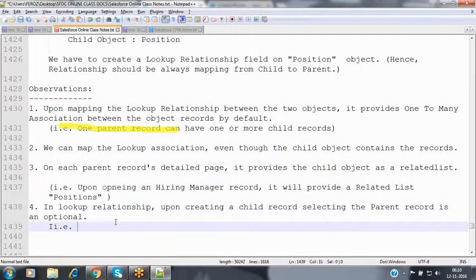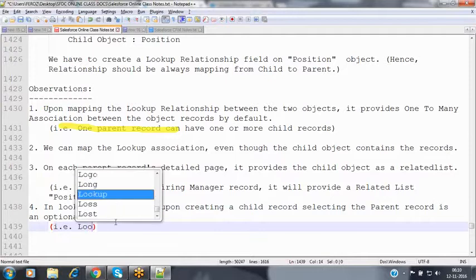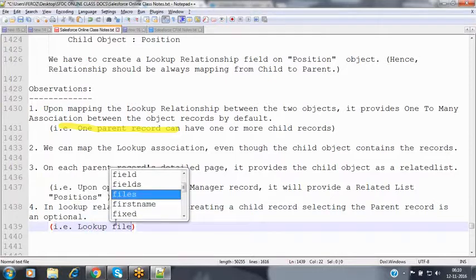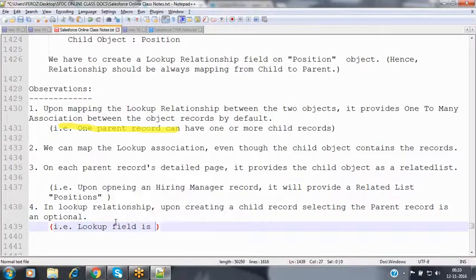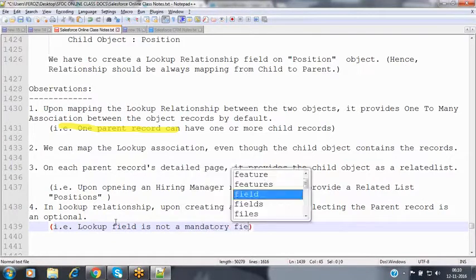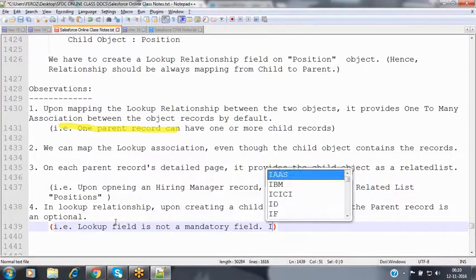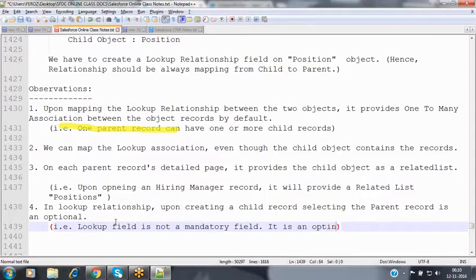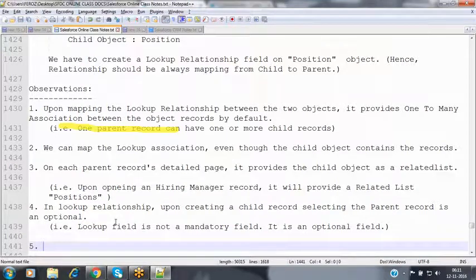That is, the lookup field is not a mandatory field. It is an optional field. So selecting the parent is not mandatory. This is the one observation we have made.